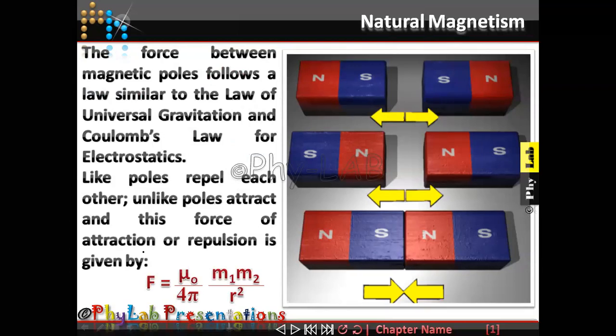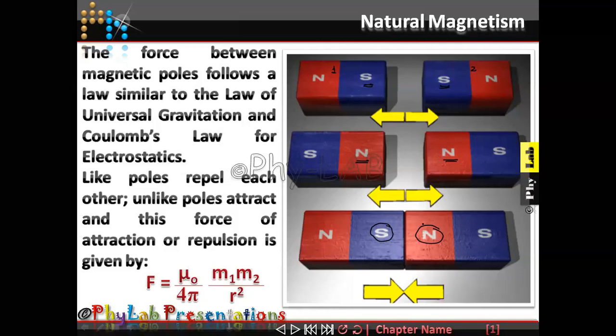Now the next formula that we are going to talk about is the force of magnetism. Now if I have taken two magnets, for example, here you can see this is magnet number 1, this is magnet number 2. Like poles, whether it is south pole or north pole, always repel each other. But to the contrary, if there is one south pole and one north pole, unlike poles always attract each other. It is very much similar to what you had studied earlier in electrostatics.